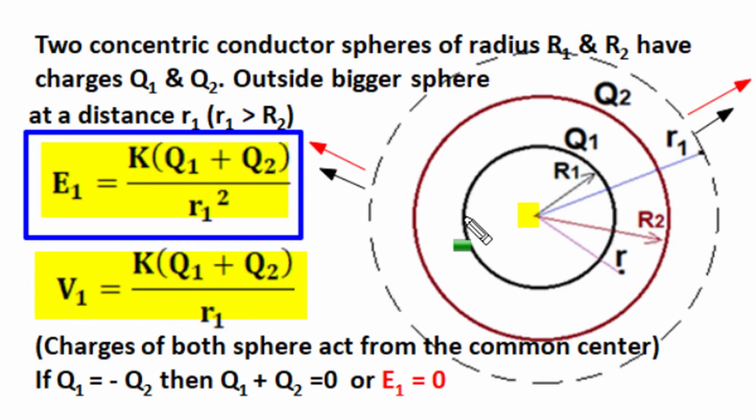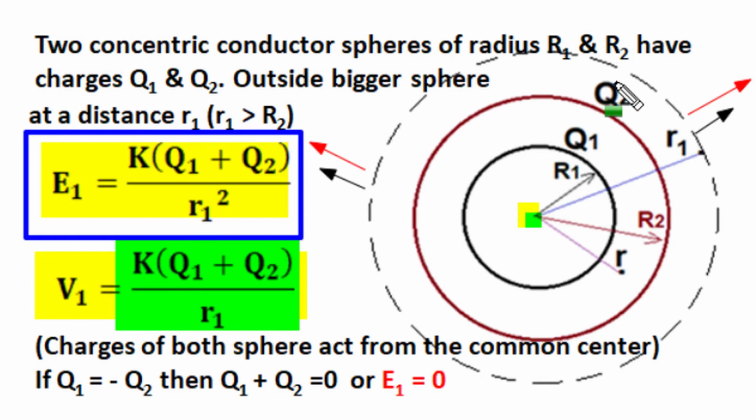Principle, as the electric field of this q1 charge at this external position is k q1 upon r1, and similarly for this q2 charge, which if acting alone, the electric potential contributed here is k q2 upon r1. So the summation of the two charge potentials is this one, as shown by this green highlight. So we can say that for these external positions, the charges of these two concentric spheres will act together from this central position as a point charge of some value q1 plus q2, and will produce electric field intensity and potential just like that of a point charge acting from the central position.